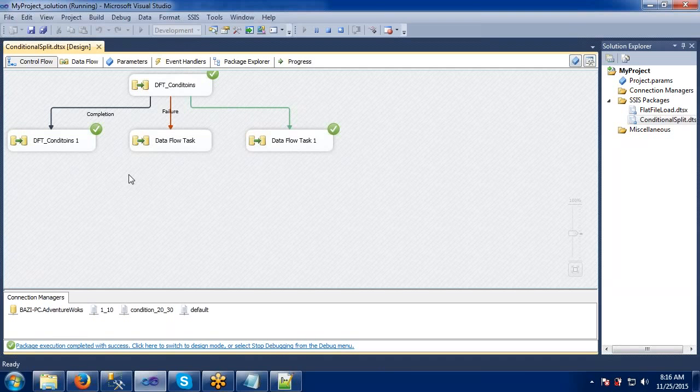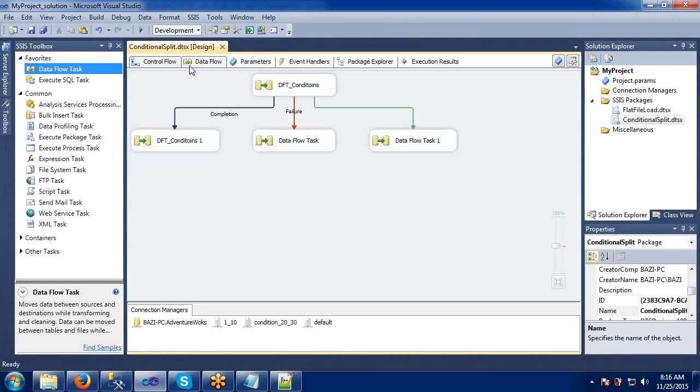So if the data came properly, meaning it is successful, then write to the destination table. If anything goes wrong, then redirect all those records to some other destination. It depends on whether the conditions are satisfied or unsatisfied. Move on to the next task so that the package should not fail. Like this we apply all the precedence constraints here.